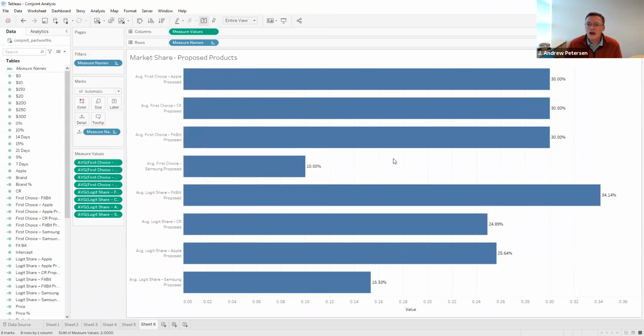There we go. So now what we've seen through this example, this 3-part series, is we first designed the experiment and estimated the part worths in part 1. In the second part of the series, we looked at the average part worths and the attribute importances and the willingness to pays. And in the third part of the series, we actually generated the market shares, both the first